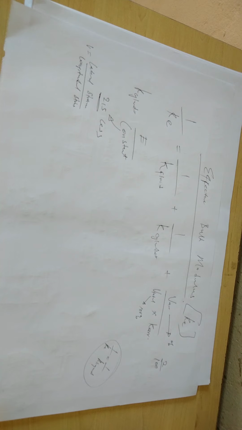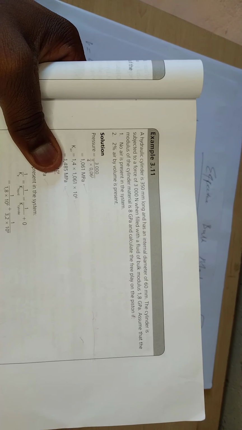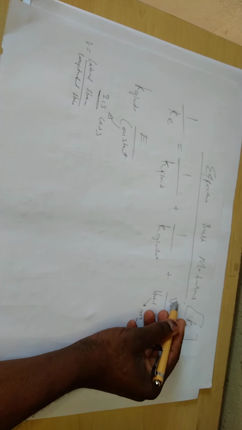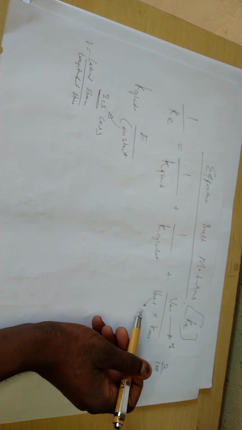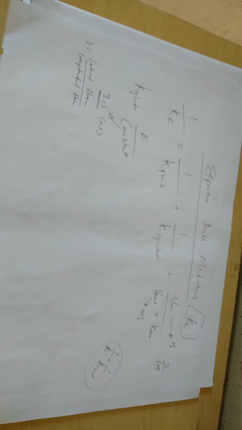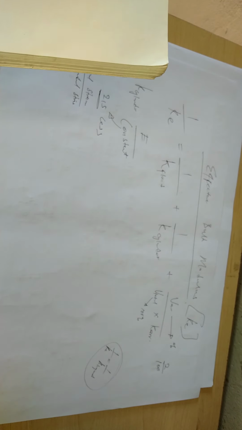Let me look at one example and show you what I'm talking about. All right, nice one. Let's look at number 2. Number 2 says that 2% of air by volume is present. It means this 2%, you're going to substitute here on V air, you're just going to put 2. Then here on V total, you're going to put what? 100. Right? So one person once asked me a question, like, what if we are given no